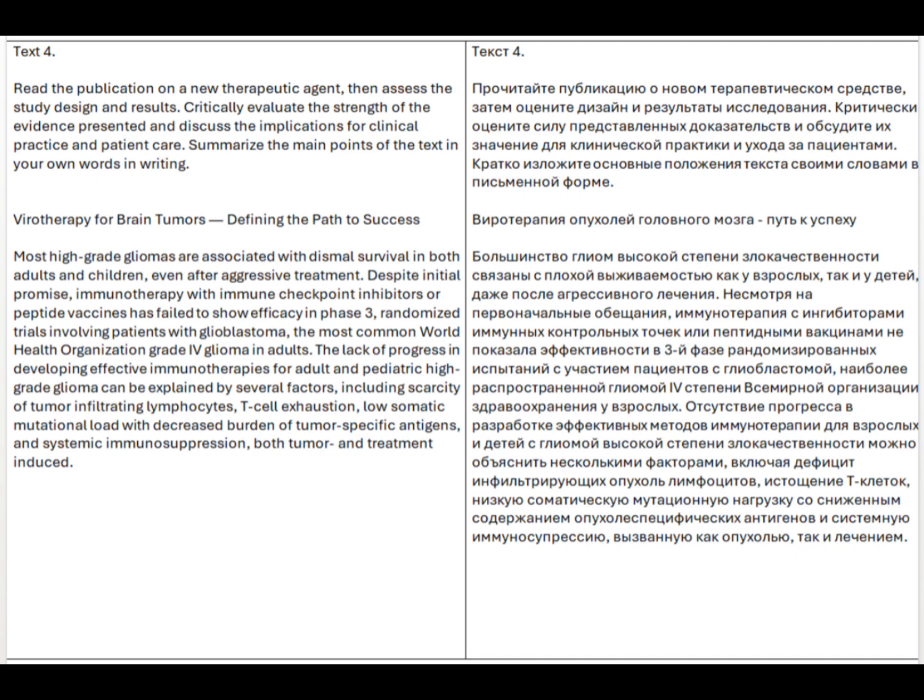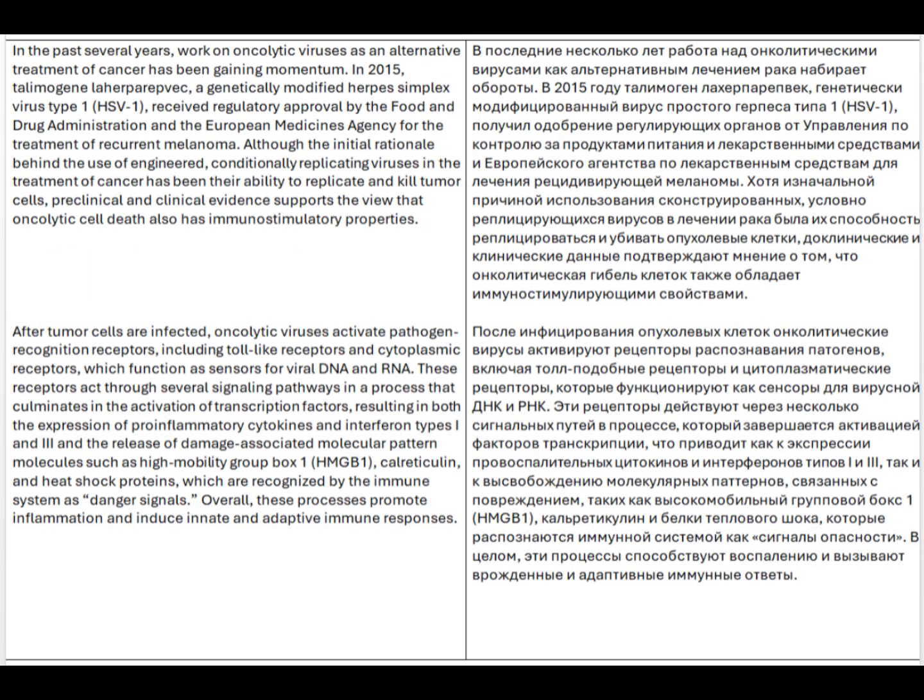The lack of progress in developing effective immunotherapies for adult and pediatric high-grade glioma can be explained by several factors, including scarcity of tumor-infiltrating lymphocytes, T-cell exhaustion, low somatic mutational load with decreased burden of tumor-specific antigens, and systemic immunosuppression, both tumor and treatment-induced. In the past several years, work on oncolytic viruses, as an alternative treatment of cancer, has been gaining momentum. In 2015, Talimogene laherparepvec, a genetically modified herpes simplex virus type 1, HSV1, received regulatory approval by